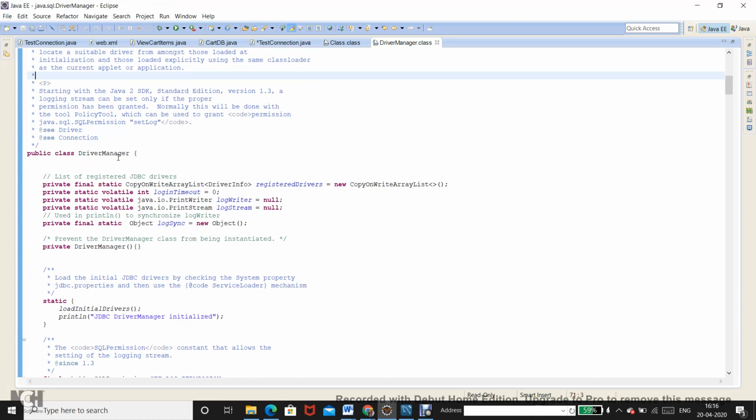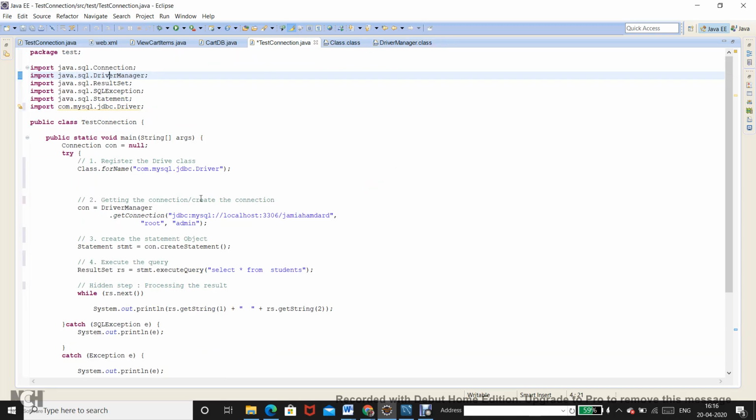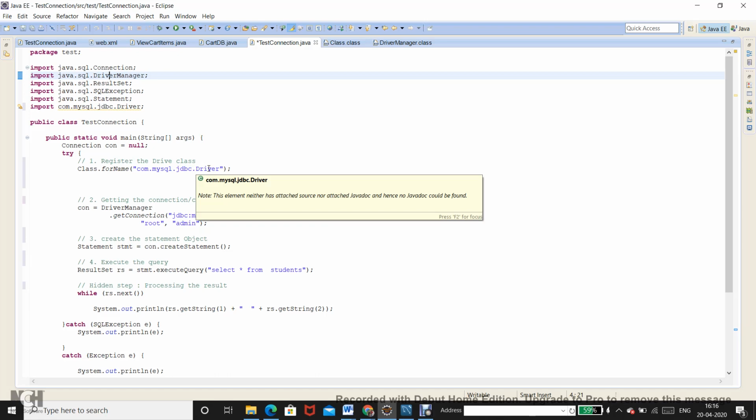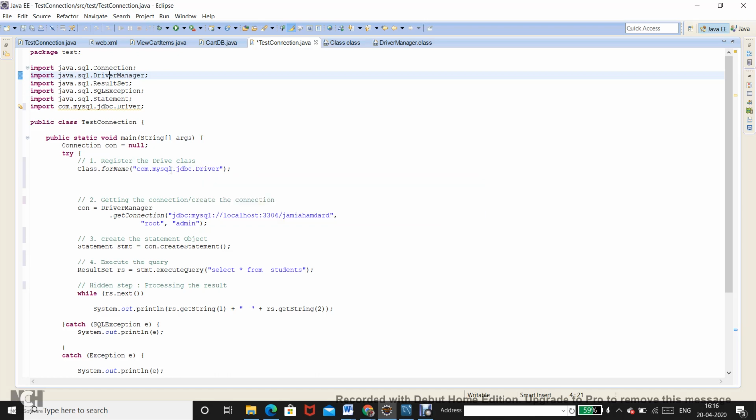Okay. So it's there. This is going to basically maintain the record of what all drivers you have provided and what driver you want to use as of now. So the purpose of loading this driver at runtime, or dynamically, is that in this line I can load the driver for the MySQL connection, and